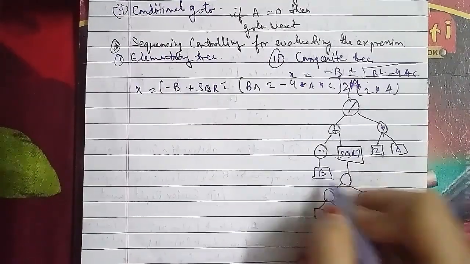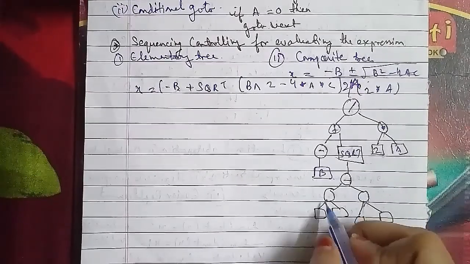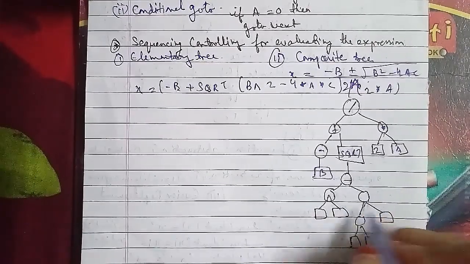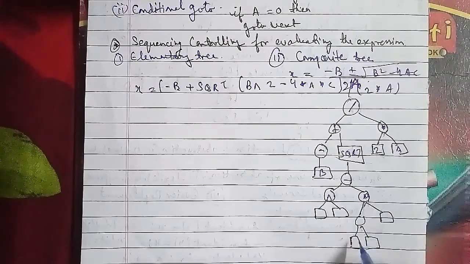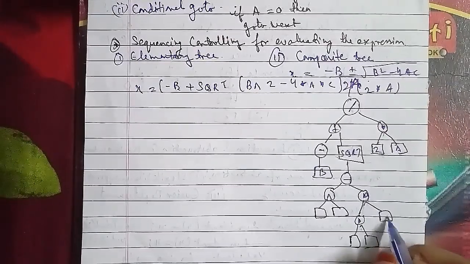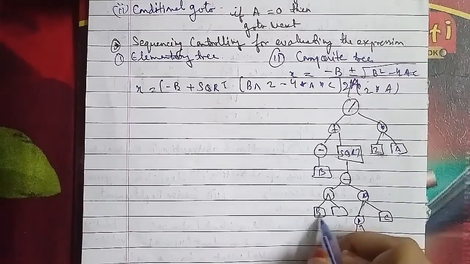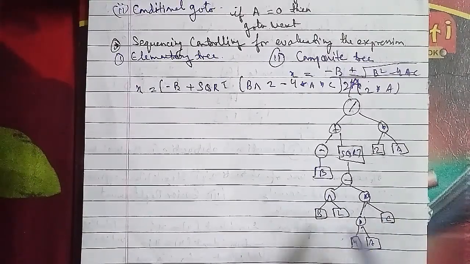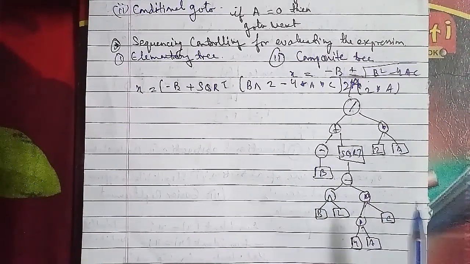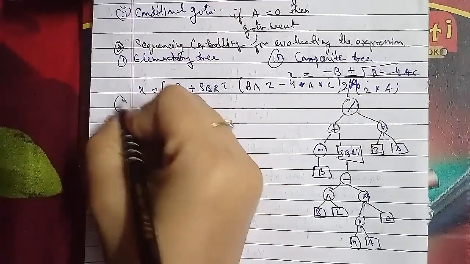If the next item of p is an operand, then place it on the stack. And if the next item of p is an operator, then its n arguments must be the top n items on the stack, and then replace these n items by the result as well. The third we have